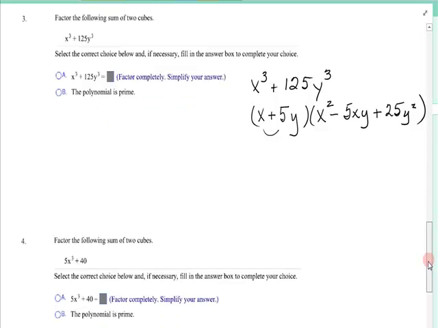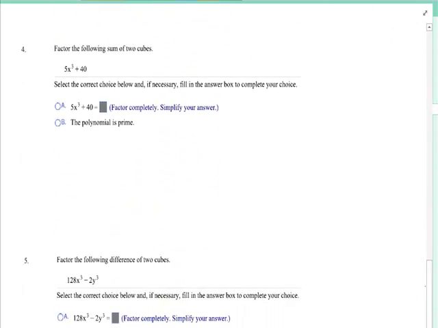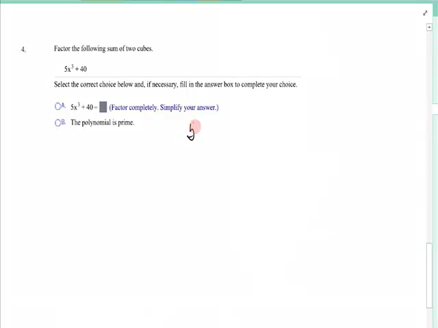All right, let's look at, I think, no, we have a couple more. We have 5x cubed plus 40. Before you do anything else, you're probably looking at that, you see it's a cube and you think, oh my, 5's not a perfect cube. No, it's not. But 5 is a common factor. There's a GCF in this. Always try to be aware of that. So if you factor out the 5,